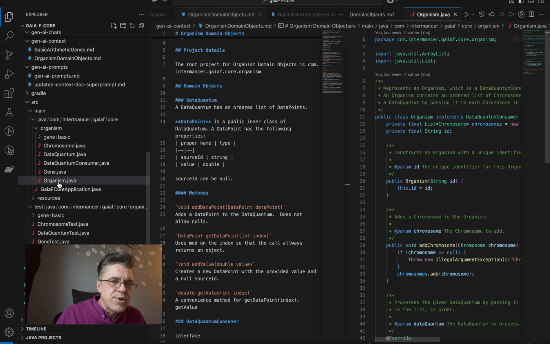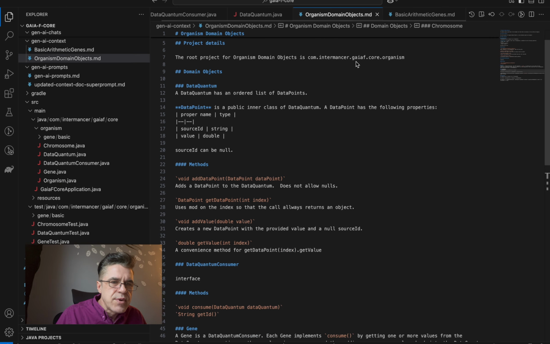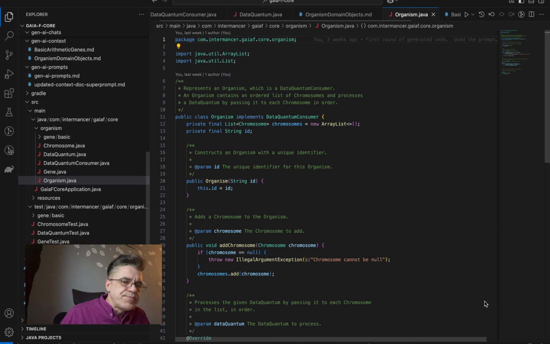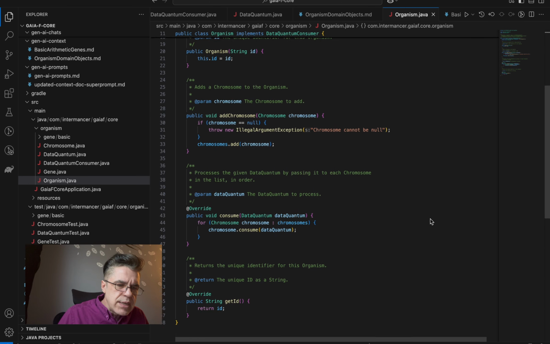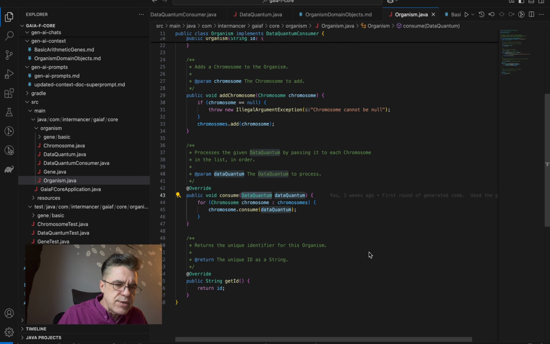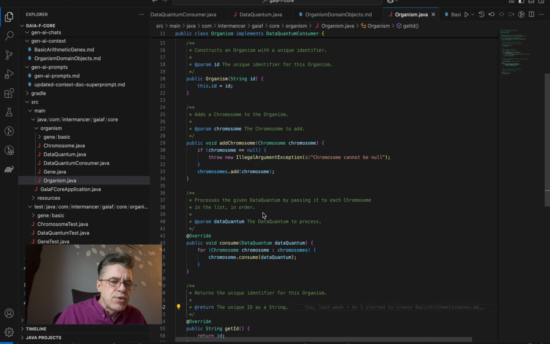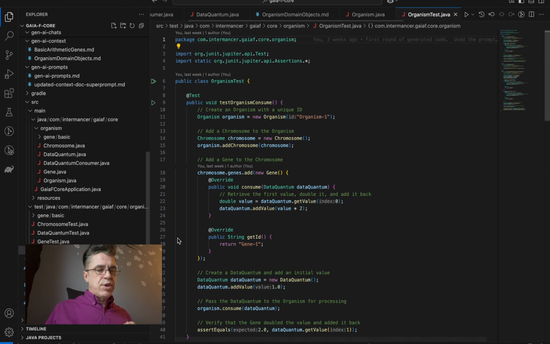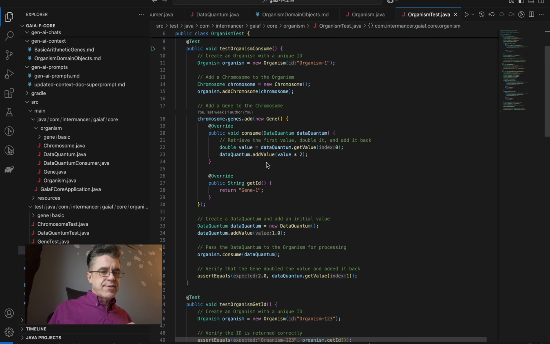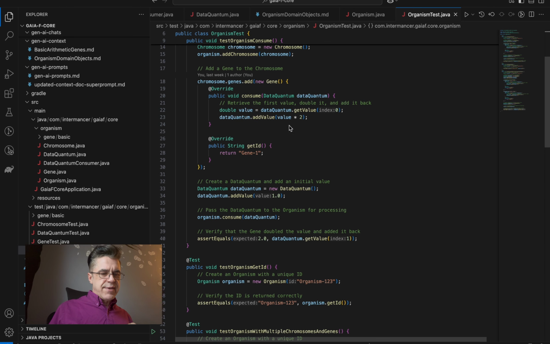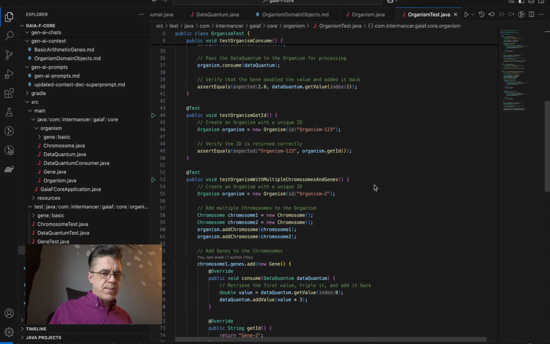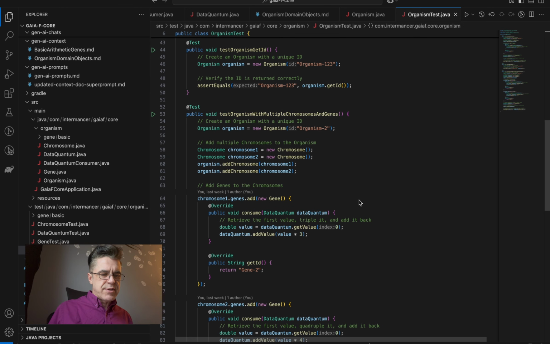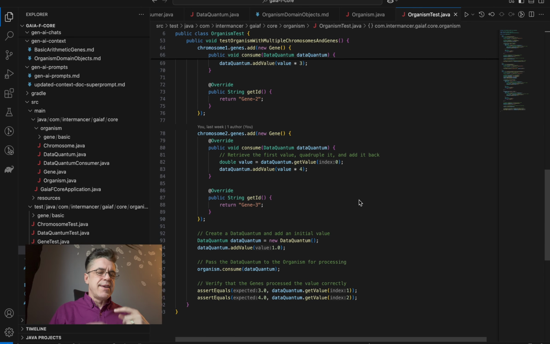Because organism, for example, only declares a dependency to data quantum and just passes that down to the chromosomes. So there's nothing in here that depended on data point, so nothing in the organism needed to be rewritten. However, the organism test had some values that it was adding. And I left these convenience methods in. Looking at this and trying to minimize some of the code changes in the test code